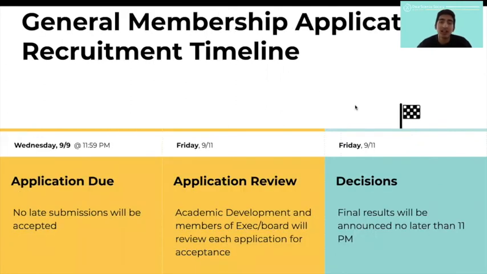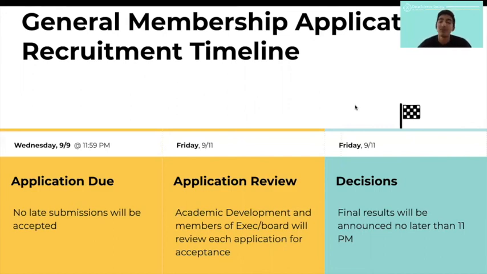Then we have another program called General Membership, which is what I was talking about before, and you'll be able to apply to this program after decisions come out about committee applications. So if you end up not getting into any of the committees that you applied for, we highly recommend applying to General Membership.